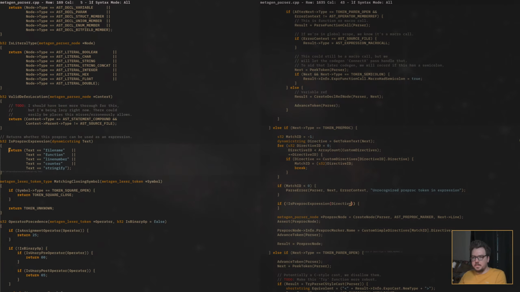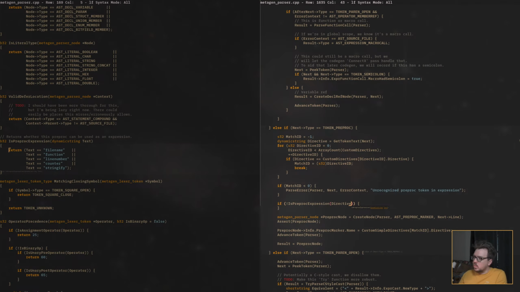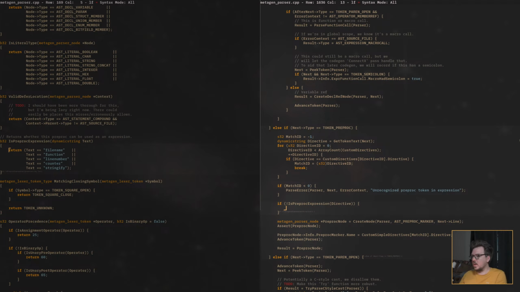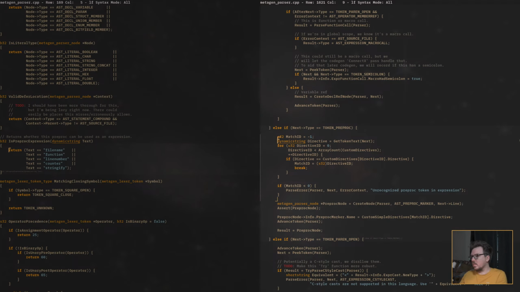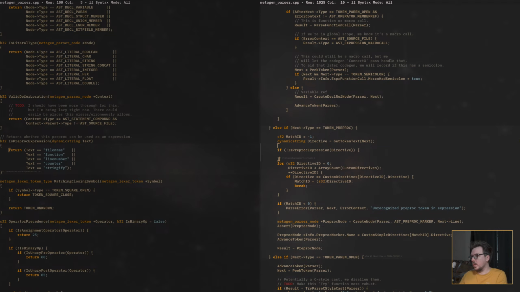Text, let's just do that. So, if it's not a preproc expression, then, and actually, we can bounce out of this early before we even do this loop. We can start there, right? First, we see if it's even an expression, which means we don't even have to check this part, actually.